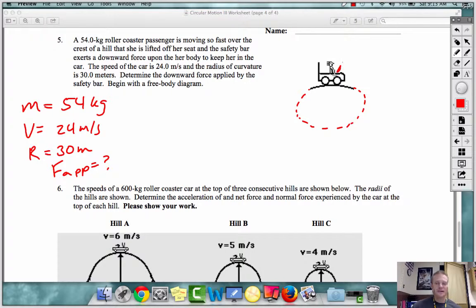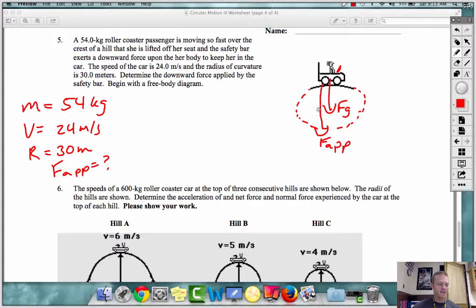So if I were to draw a free body diagram acting upon this car, think about the questions here. What direction would the force of gravity be pointing? Well, the force of gravity would be directed down. Now, this car is actually going so fast that it's kind of like flying off the road in a way, as is little Sally. But there's this safety bar here, so that's touching little Sally, and so that's going to be F applied, we'll call it. Now, the length of my arrows don't really have a lot to do with this. I just was running out of space, but I just wrote F applied and F force of gravity. Those are the two forces acting on her,